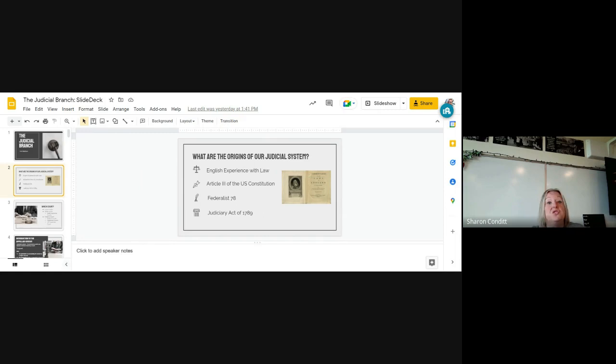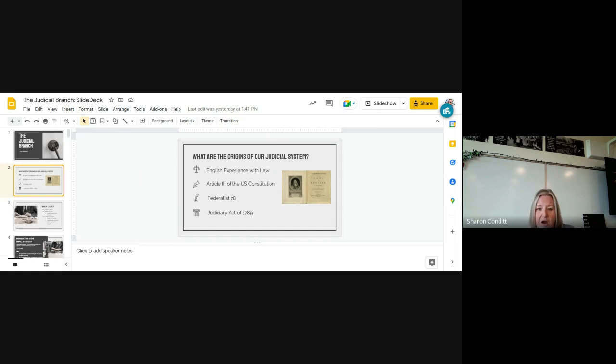A trial would occur, and these would be big trials, like big criminal issues or felonies, capital cases. A capital case by definition is one that could result in the death of the person who's convicted. So these are the kind of cases that would be heard at the circuit court level. That's how it was designed in 1789. It's shifted quite a bit over time. Today, circuit courts rarely deal with trials at all. In fact, they don't have trials. Those trials take place at the district court, the lowest court in the federal court system.